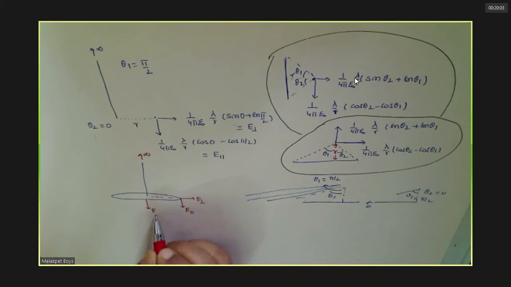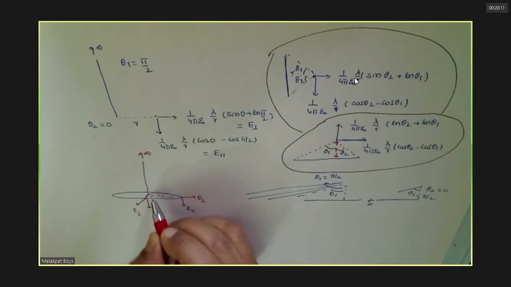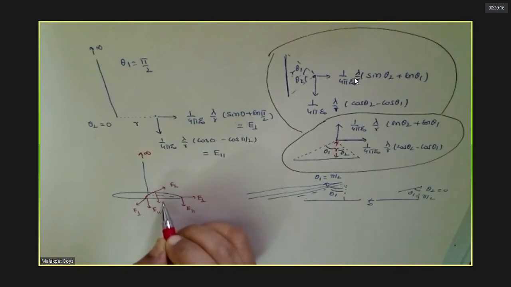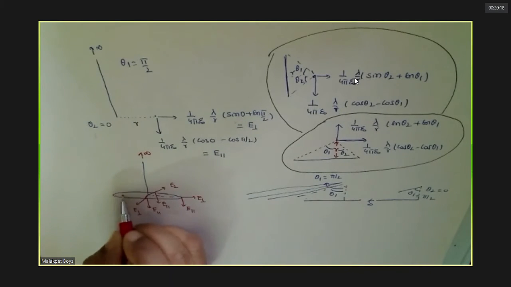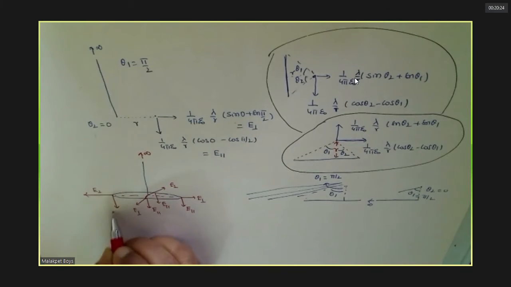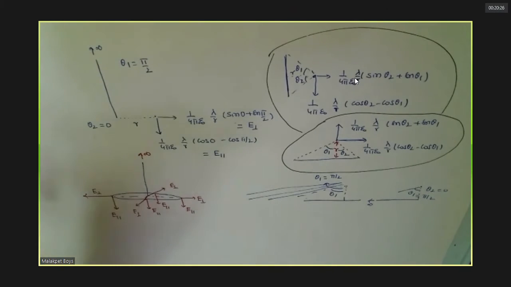One is a parallel component to the wire and one is a perpendicular component. Similarly, here also you have perpendicular component and parallel component. Now if you sum up,